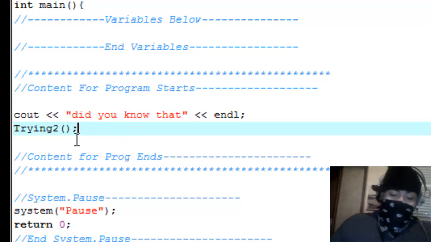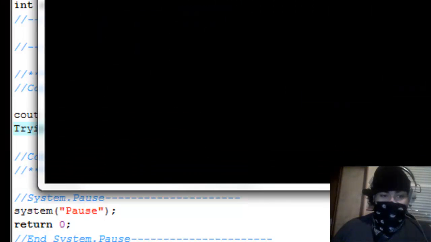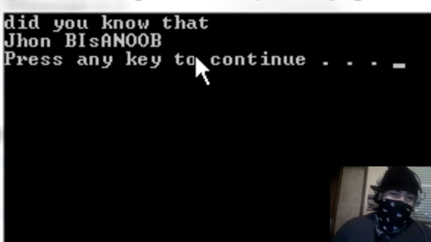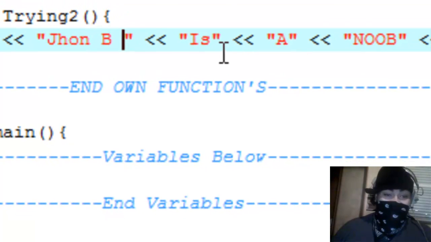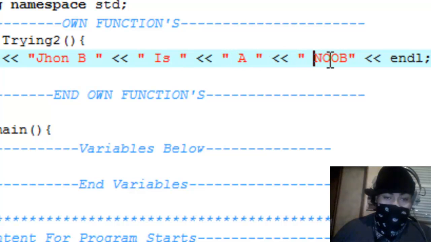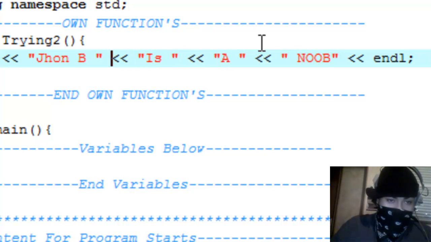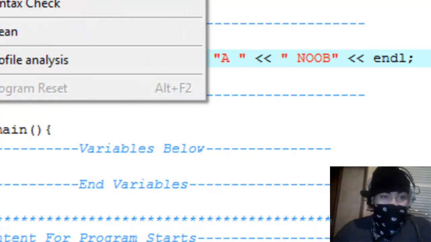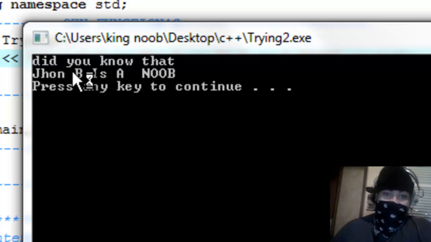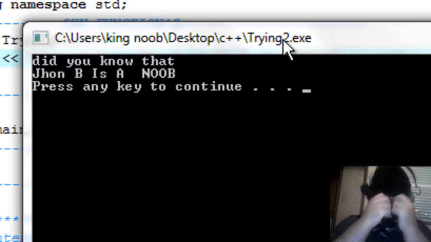Anyways, that should do it. Now let's go to execute, compile, and run. And there we go. It says, did you know that John B is a noob, but it's altogether really, really tacky. So let's come over here and add some spaces. Actually, we don't need all that. We just need the main things. Now let's execute, compile, and run it one more time. And there you go. Did you know that John B is a noob? Perfect example of what I call